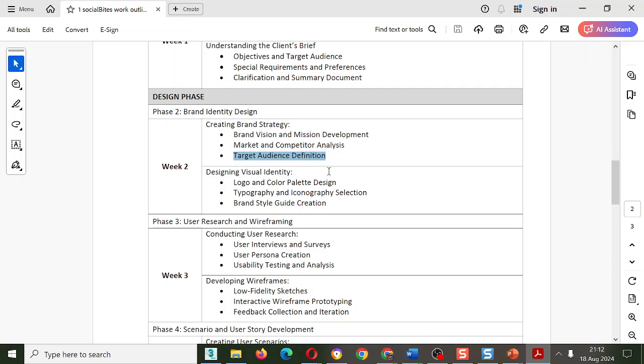Okay, then you come to this one, designing the visual identity, which you did, the logo, the color palette. Yeah, you need a palette so that we can have a professional palette to show the color scheme. And you were talking about it, which is good. So you have maintained that.